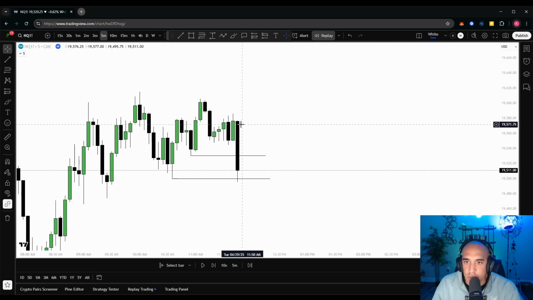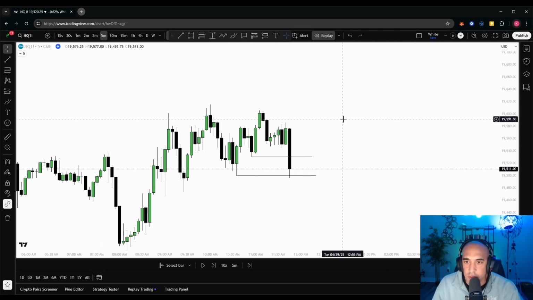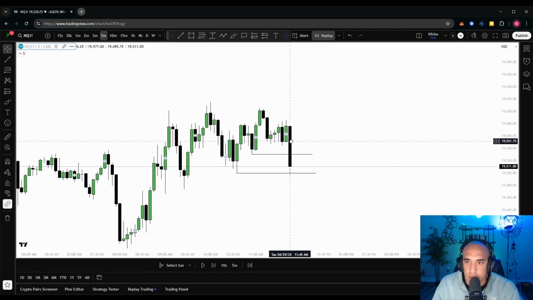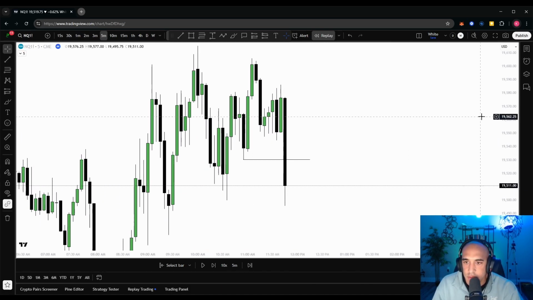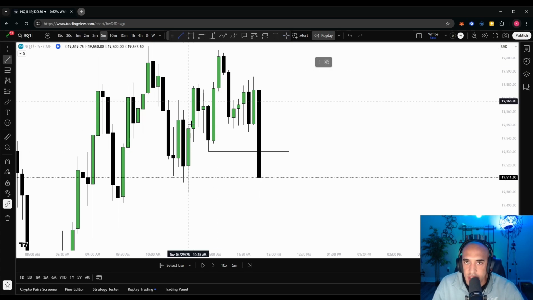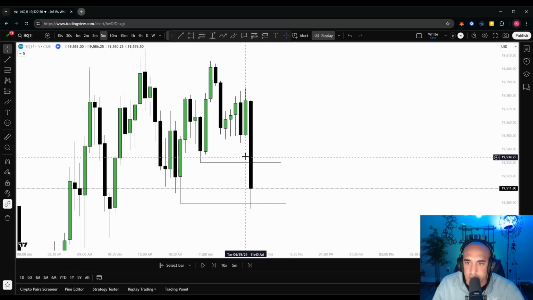So price makes a move like this, okay? If you don't know how to trade, or if you don't know what you're looking at, I guarantee people who don't know how to trade are going to look at this, either that low getting taken out or both lows getting taken out by this, as a red candle for most people. Mine's black.